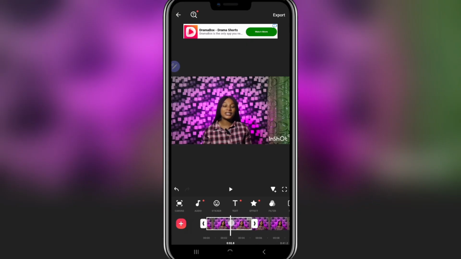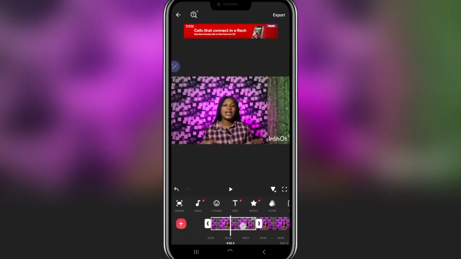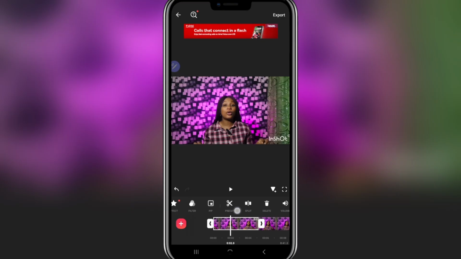Next is if you want to split in between. Maybe you're saying something and you made a mistake in between your video. Just take your playhead to where you made the mistake. You tap on it and then scroll through these icons, click on split. You can see that it has split it. Then you go to